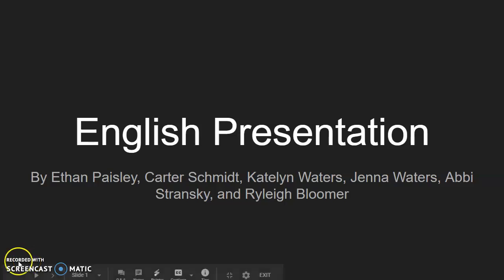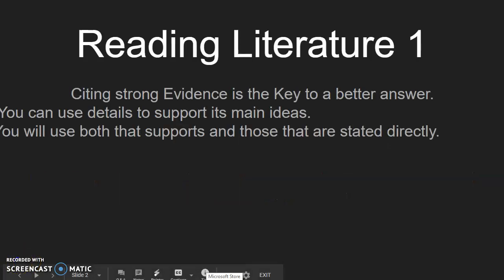Essential standards for English 2. For reading literature 1, citing strong evidence is key to a better answer. You can use details to support the main idea, and you can use both evidence that supports and